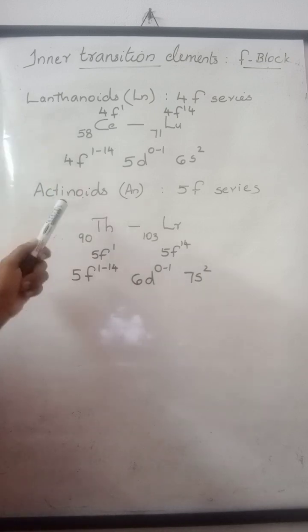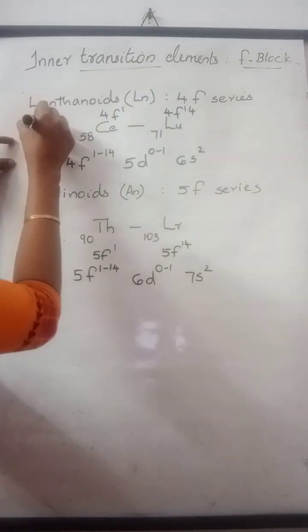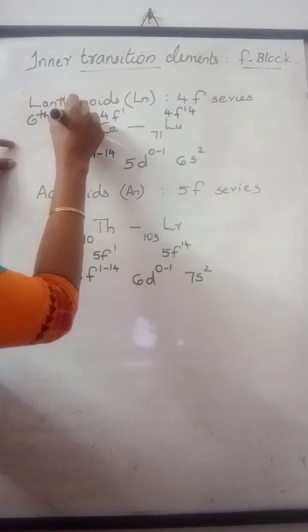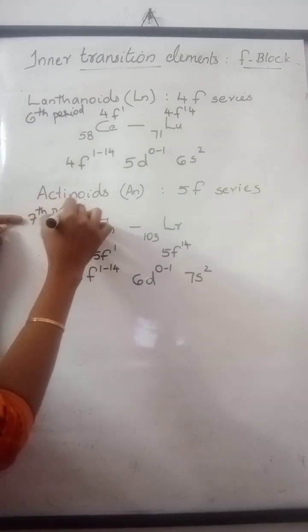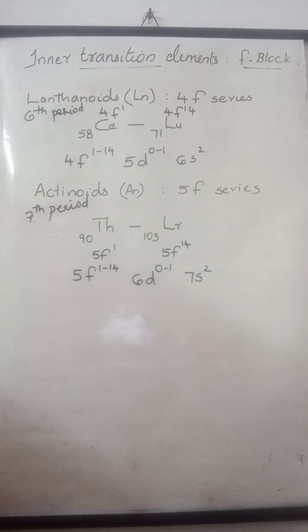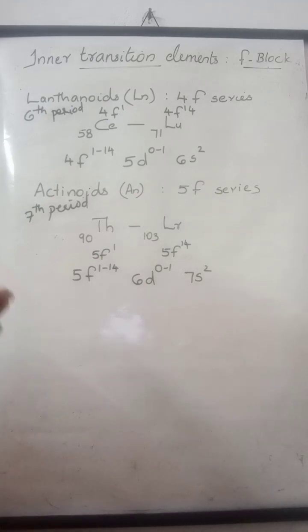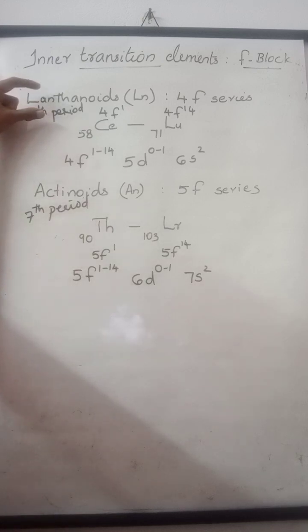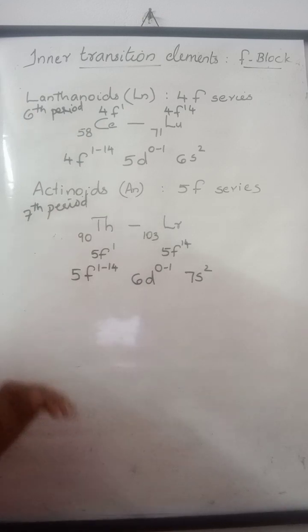These elements actually belong to the 6th and 7th periods of the periodic table. Lanthanoids are 6th period elements. Actinoids are 7th period elements. These 14 lanthanoids and 14 actinoids show similarity in their properties. In order to avoid the length of the periodic table, they have been taken from the main periodic table and arranged at the bottom in two rows, that is F